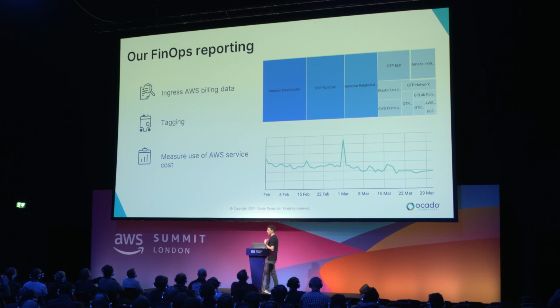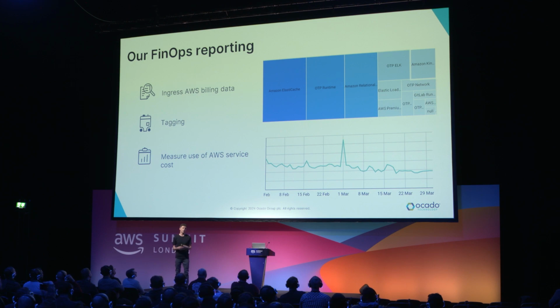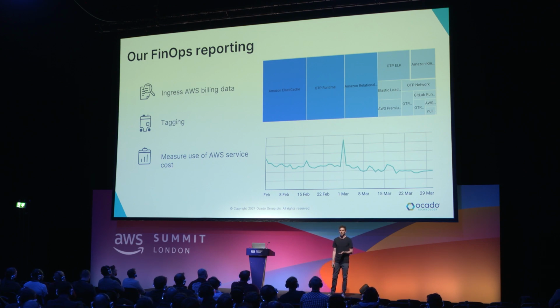So our FinOps reporting helped us as an organization be really clever about how we invest our time. We ingest the data from our itemized AWS bill, and we have proprietary software that allows us to allocate cost of shared resources, such as an ECS cluster or an OpenSearch cluster, to the individual apps that are using it. We also, for a number of years, have had quite a strict tagging policy in place, which means that any resources that are directly used by an app must have a tag on them that identifies the app ID.